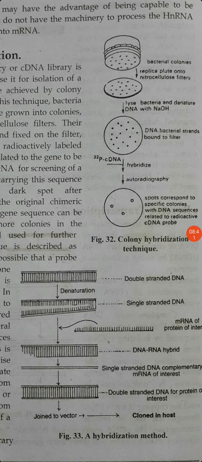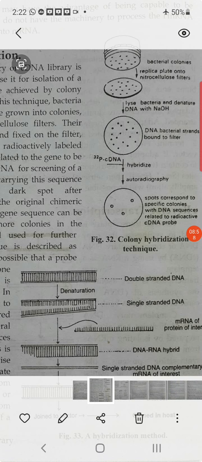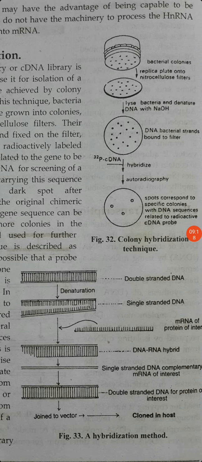Last time we also saw this in recombinant DNA technology. Here the DNA molecules are in the form of chimeric phage particles carrying the cloned segments. In such a situation the bacterial lawn is infected with a mixture of chimeric phage particles. A large number of plaques develop overnight, and these plaques can be treated just like colonies in colony hybridization to identify and isolate the chimeric phage particle carrying the gene of interest. This technique is also called plaque hybridization.